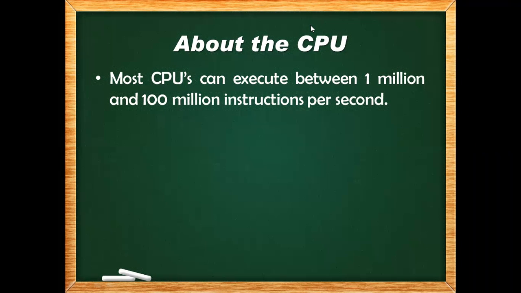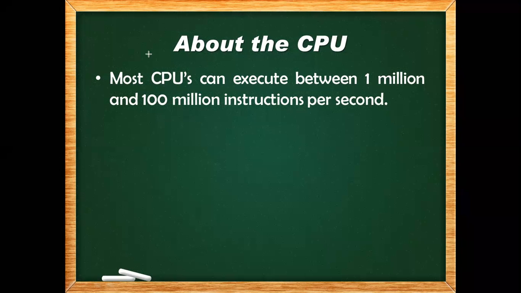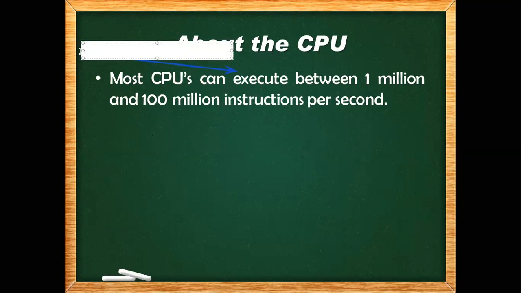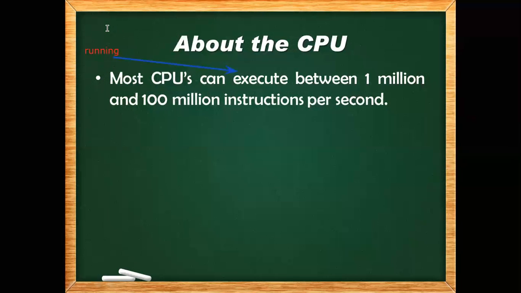If someone is saying the software is executing, it means the software is running. The game is executing, it means the game is running. So the word execute means to run, to play, or to start. All these are the same. So most CPUs can run